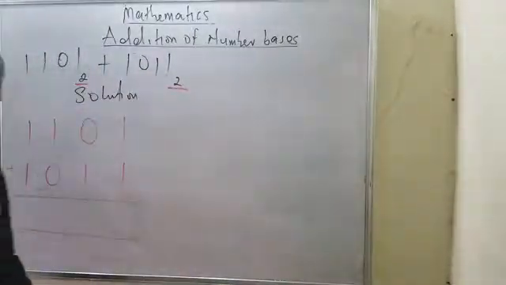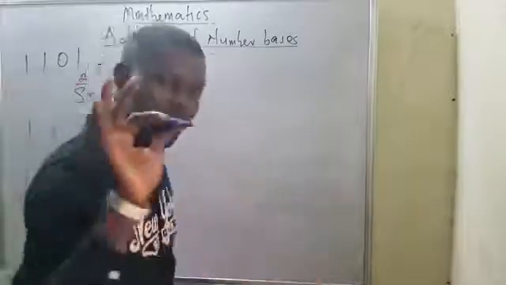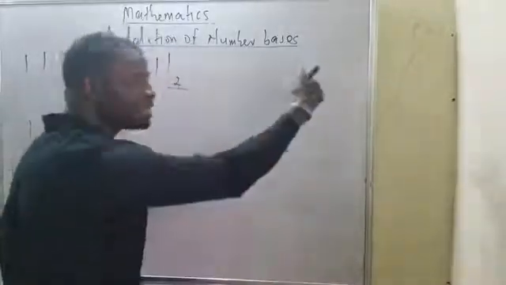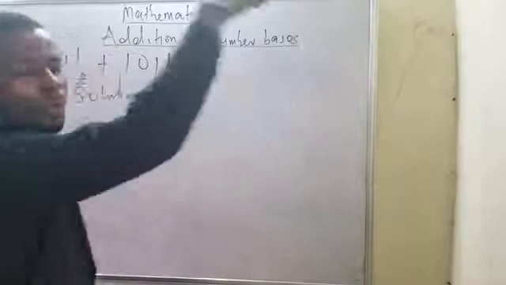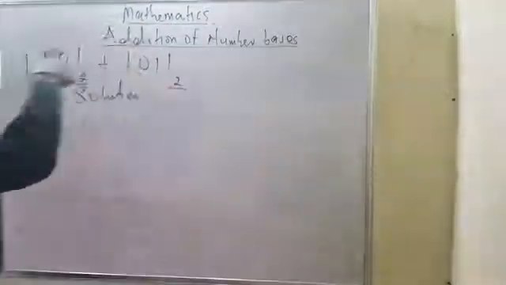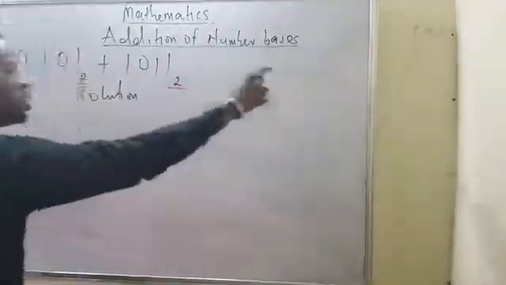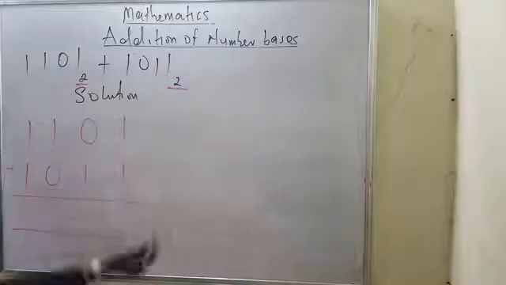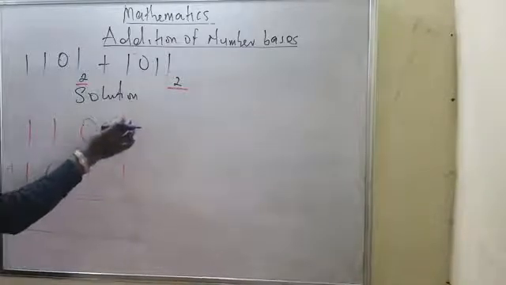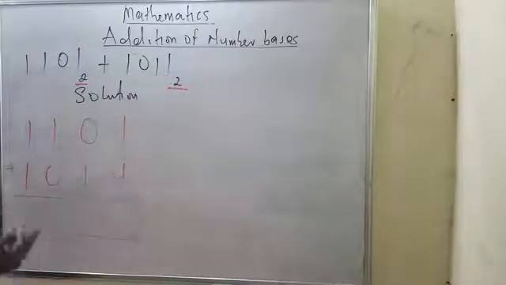Now, when you are to add any given items or numbers, you must start from the units. You must start from the unit to other parts. Start from the unit to what? Other parts. Now, the only problem is, this is my unit. It means this multiplied by this. It will be